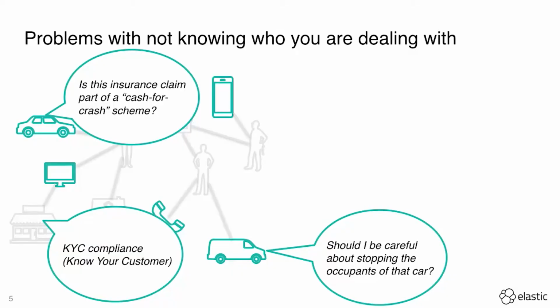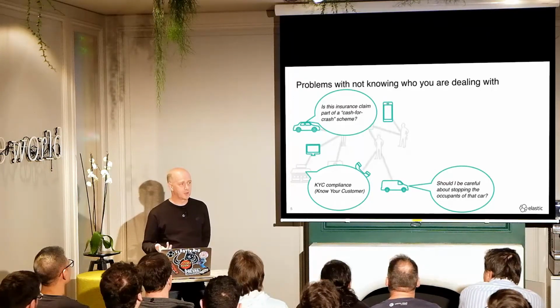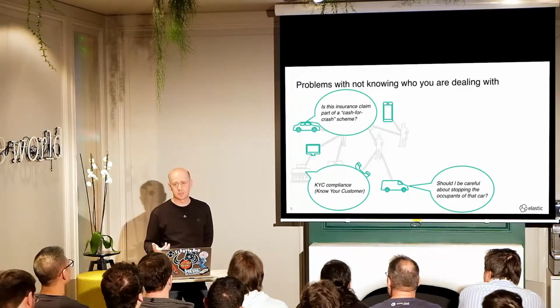In banking, there's a thing called KYC, which is Know Your Customer. And this is really something that banks have to deal with. Otherwise, they get fined billions of pounds or euros when they fail to spot money laundering. So there are lists of people that you should not be doing business with as a bank. And if you fail to spot the fact that you've got one of those people as a customer, then these banks can be fined billions. So KYC compliance is a big thing with banking.